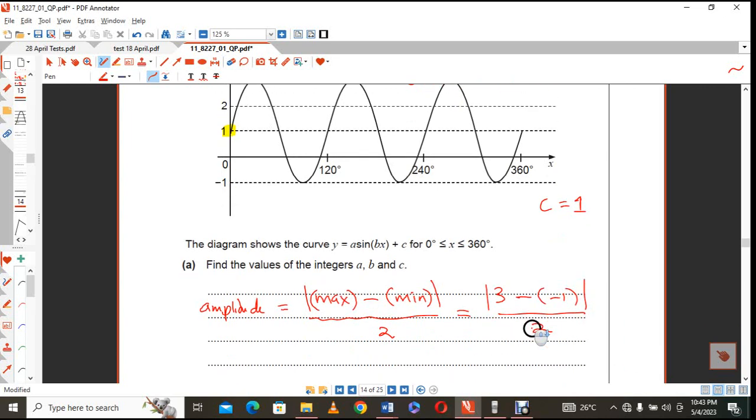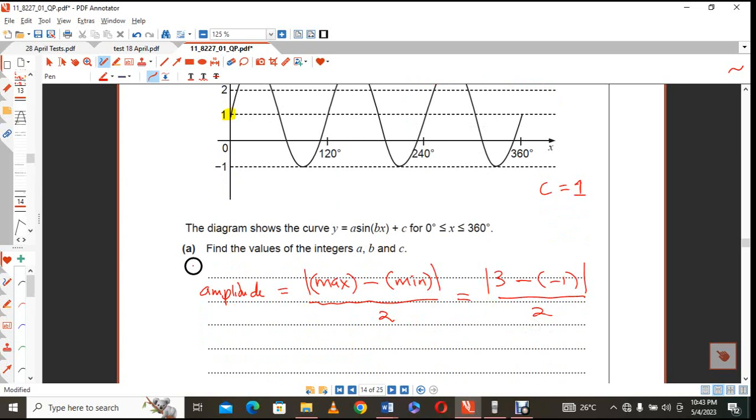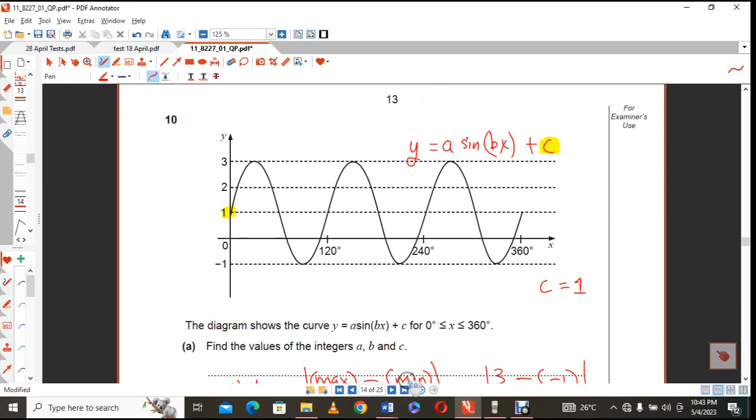So of course you're going to have 4 divided by 2, and 4 divided by 2 will give you 2. Therefore a is equal to 2. Okay, right, so let me just write down what I have now. So here's another thing. Your value of b is obviously your influence with regard to